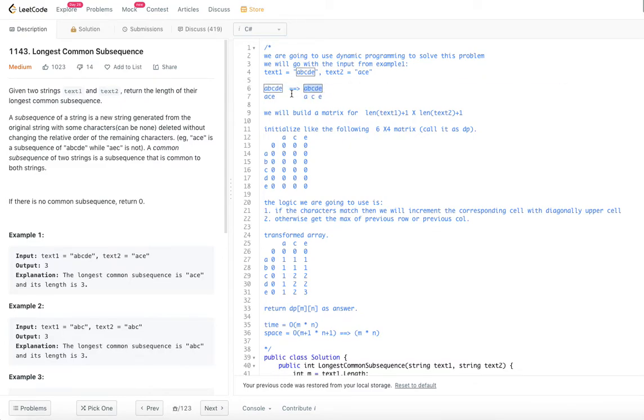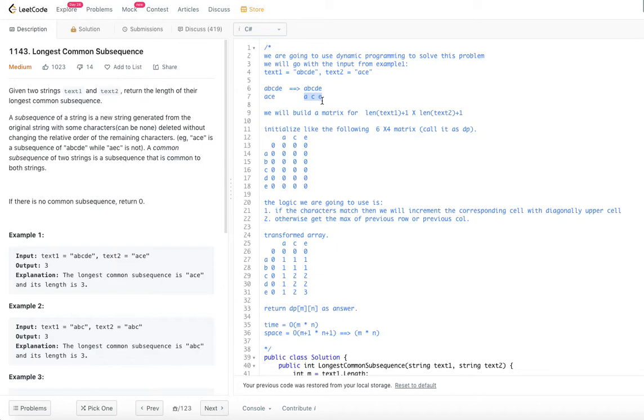But for ACE, I wrote A space C space E just to give a better understanding. If you delete B and D from the first string, it will be equal to ACE, right?